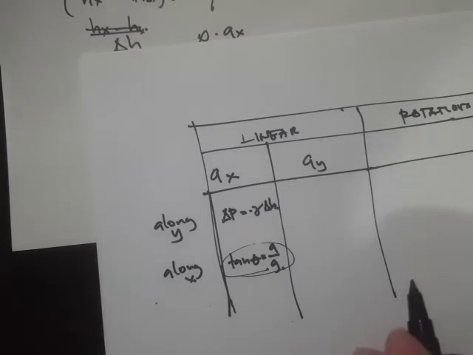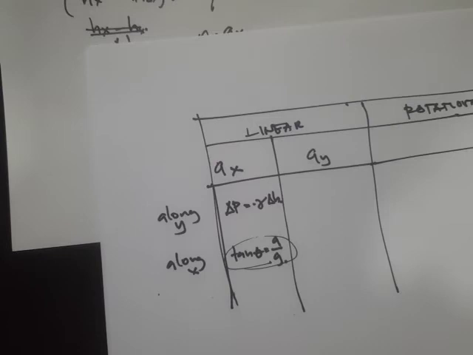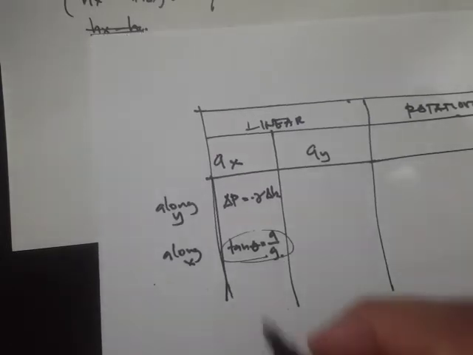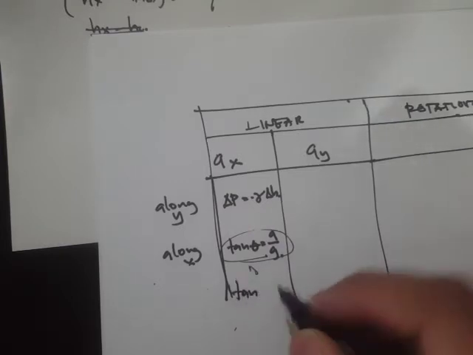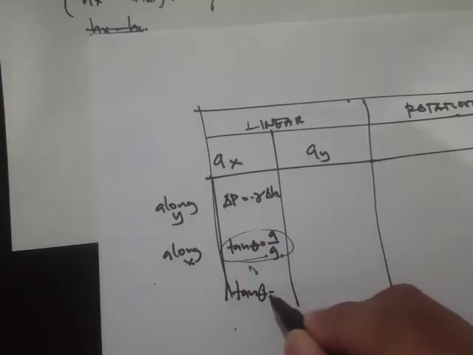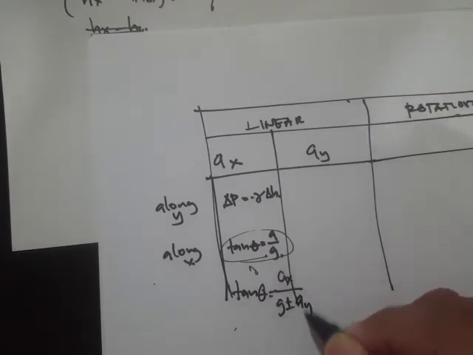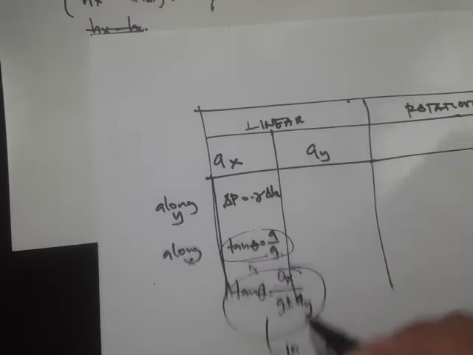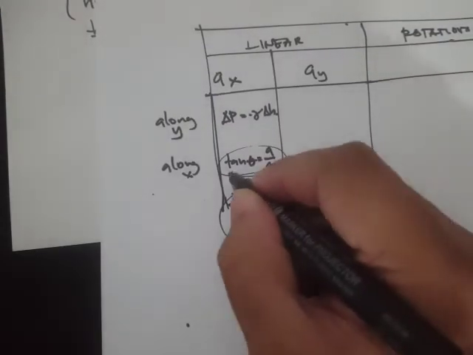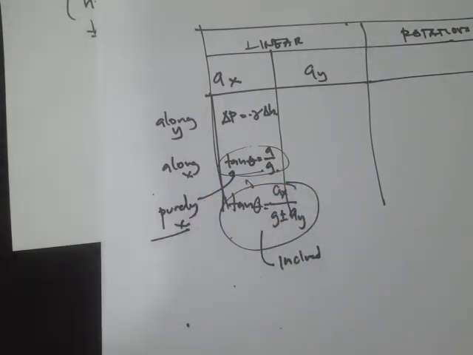But if your situation is inclined, let's say it is accelerating along the inclined surface, then you would have to use a different relationship, which is tangent theta is equal to a sub x over g plus or minus a sub y. So you have a portion of the acceleration along the y right here. Okay, so this is for the inclined, and this one is purely x. Okay, so now let's try to